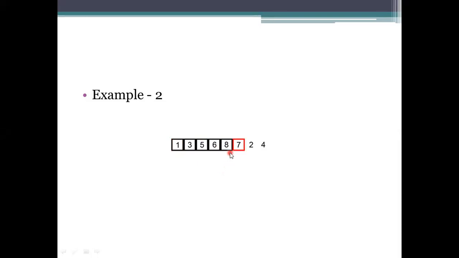8 is already in sorted order, but when comparing with 7, 7 has to be placed between 6 and 8. 2 has to be placed between 1 and 3. While performing the actions, we need to place this second element at this position, whether we do it manually or directly. What we are assessing is that it should be performed in such a way that it reaches its correct position.